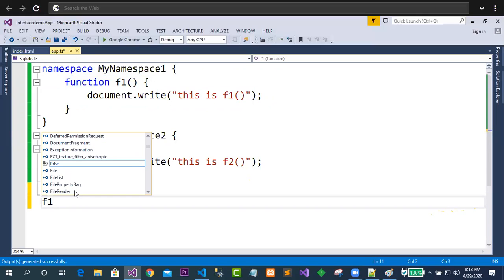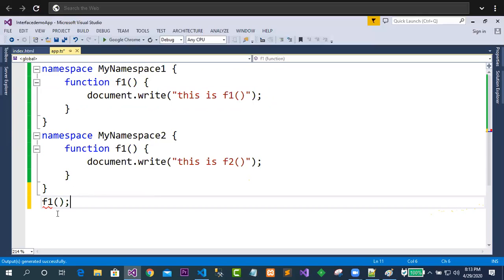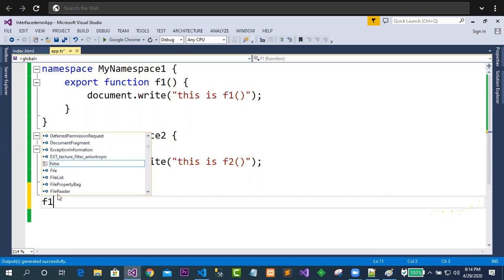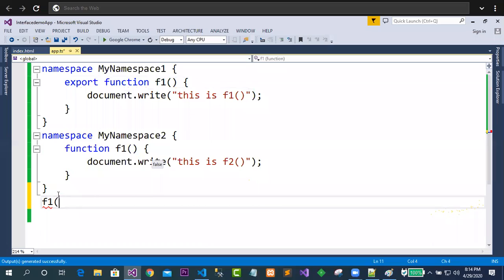Can I access this f1 directly here? It is telling cannot find f1. Can it be possible? Not possible. So can I write export over here? After that, is it going to work or not? Once export is written for f1, can I get f1 here? No, I am not getting f1 directly.